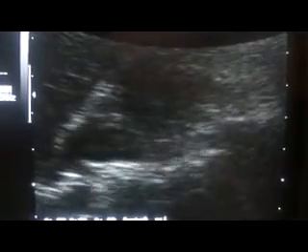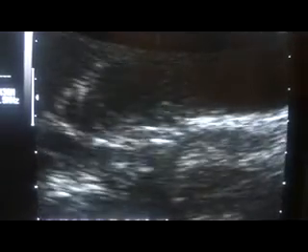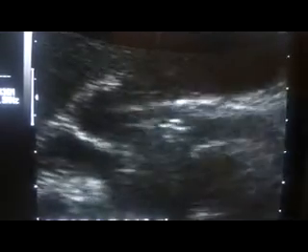This is the splenic vein. This is the superior mesenteric artery in transverse section. This is the left renal vein which will be entering the IVC. This is the aorta in transverse section. So this is a